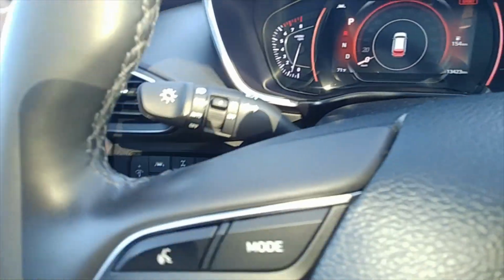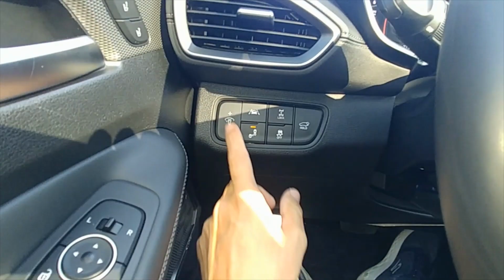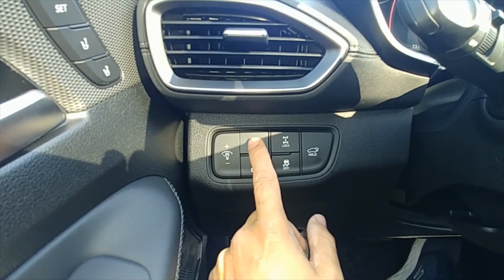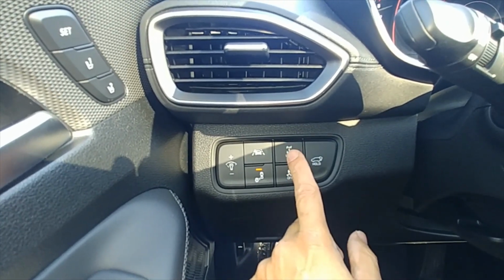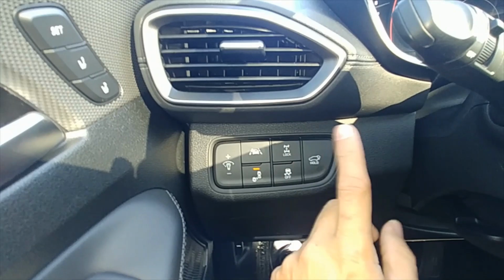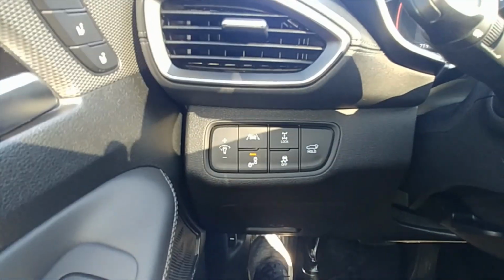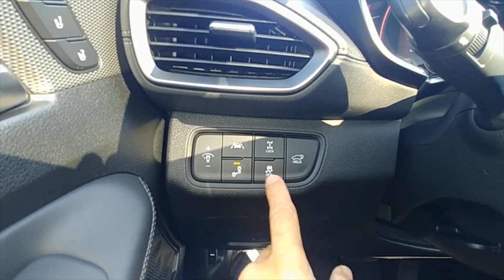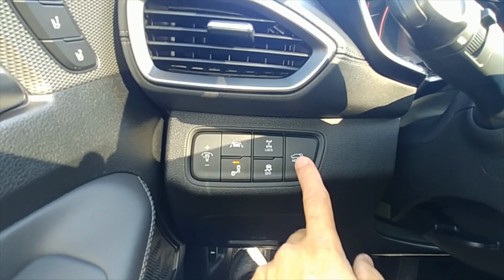It does have the auto lights system here. So over here we have the light control for the dash, for the brightness of the dash. We have your lane keep assist feature, locking center diff. So this does have an all-wheel drive. The H-Track does have a locking center diff, which I described earlier, or I'm going to describe somewhere in this video. So that's awesome. You can have a locking center diff. That's much better for off-roading capabilities. And you can turn off your traction control here, and your blind spot monitoring system here,